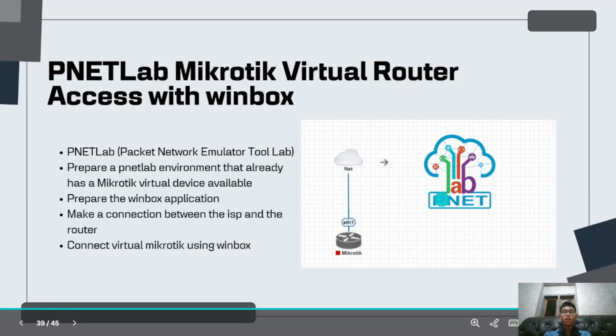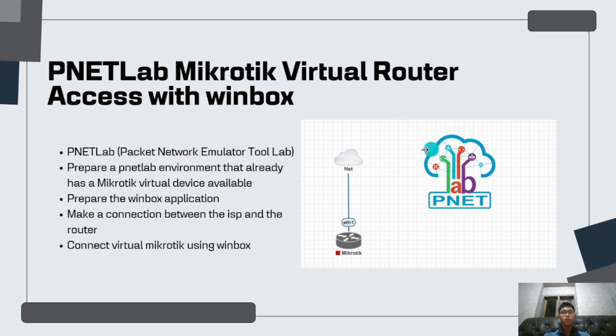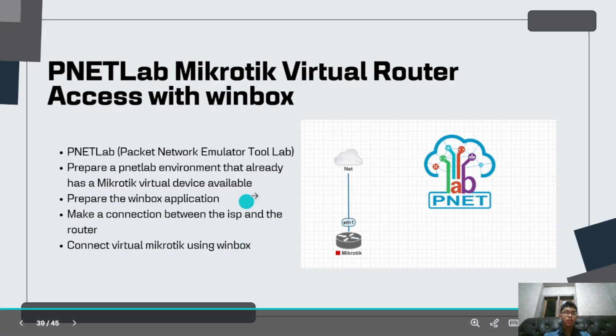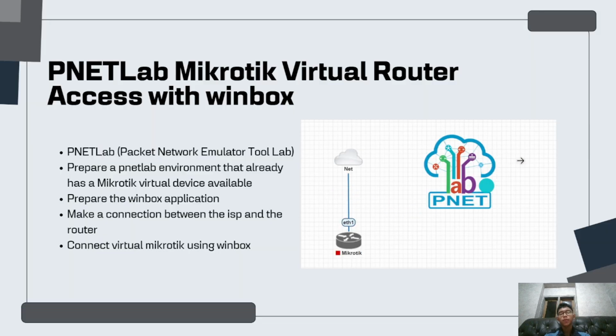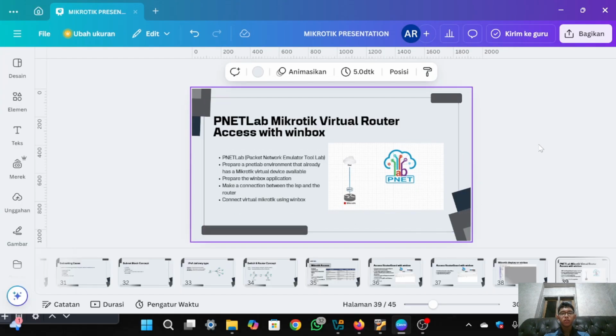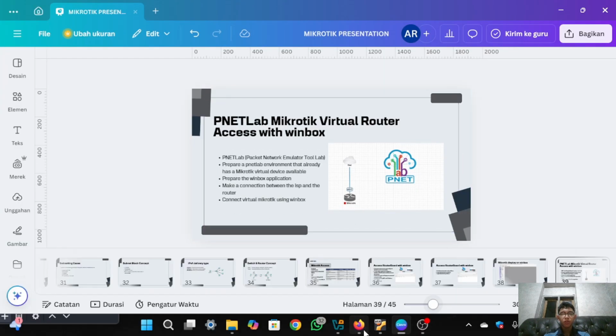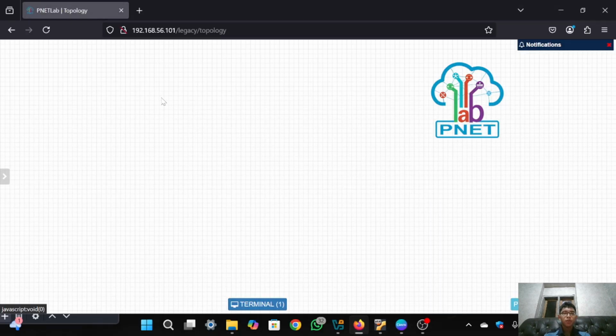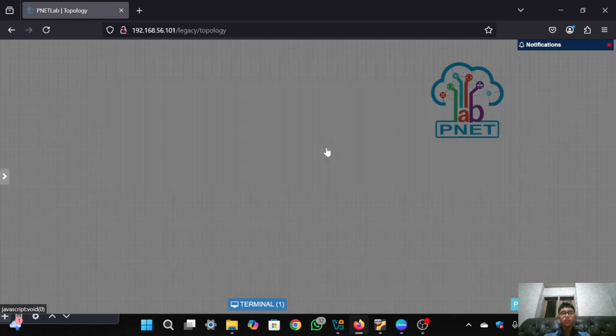Then, PNetLab MikroTik VirtualBox router access with Winbox. PNetLab is a packet network emulator tool lab. So I will give a practice on how to install MikroTik to PNetLab. First, open your topology in PNet, then right click and click Node.